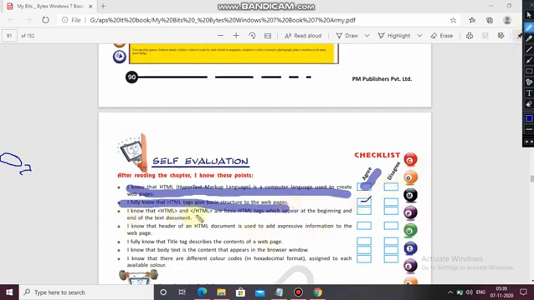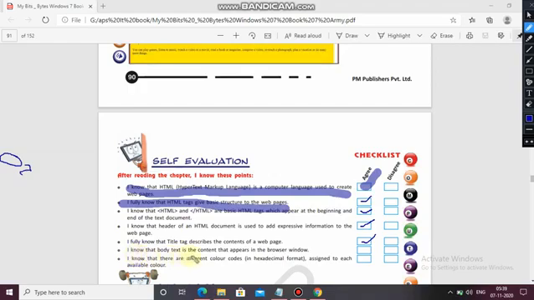I know that HTML and /HTML are basic HTML tags which appear at the beginning and end of the text document. True. I know that the header of an HTML document is used to add descriptive information to the web pages. Yes, this is also agreeable. I fully know that the title tag describes the contents of a web page.